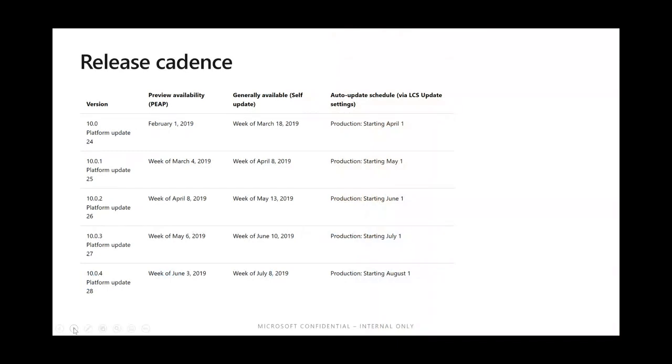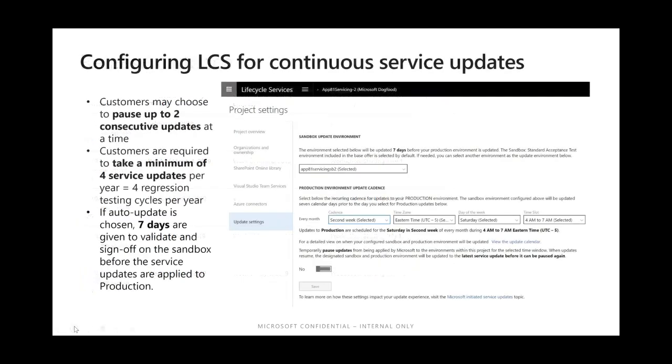I'm sure most of you have already seen this in our docs. And you can see that there's a concept of self-update, and then there's a concept of auto-update. The packages that are applied for both the self-update and auto-update are the same. The difference being self-update is where customers can uptake the package and apply it on your sandbox and production by yourself, while in auto-update, Microsoft applies this package onto your sandbox and production. The auto-update schedule is dependent on the update cadence that is set up on this page in LCS